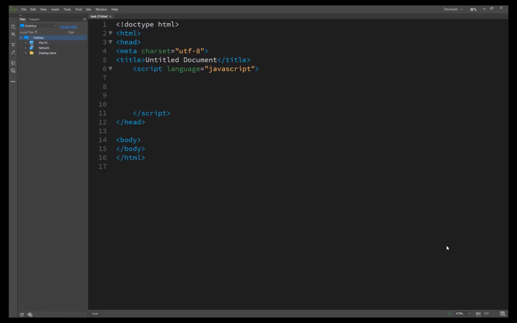So now we are starting our task number 27, and it's about creating your own functions. Before this lecture we already discussed in task 24 about calling functions, that not only does JavaScript have a large body of built-in functions and methods, it also allows you to create your own functions. Creating a function is fairly straightforward in JavaScript.